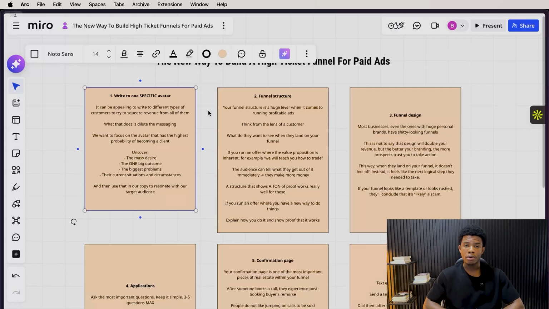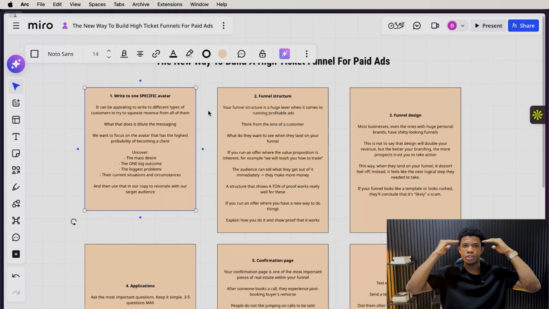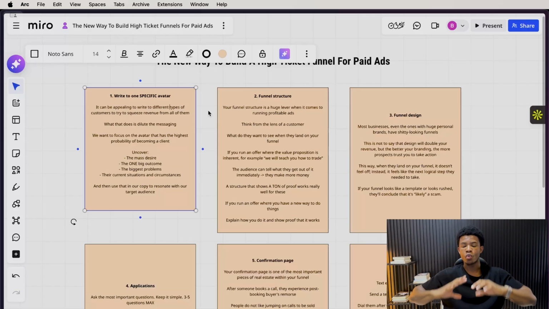But when you run into cold traffic, people who have no idea what you do or who you are, you want to think about it differently, because these people literally have no idea. So they want to see things that are actually going to make sense, in the sense of what the offer is, how long it takes to get results, what is your mechanism. So when you're thinking about the funnel structure, really what you're trying to think about is what is the customer going through, what is the journey that they want to go through, what is actually going to get them to convert. And that's how you lay out the structure.